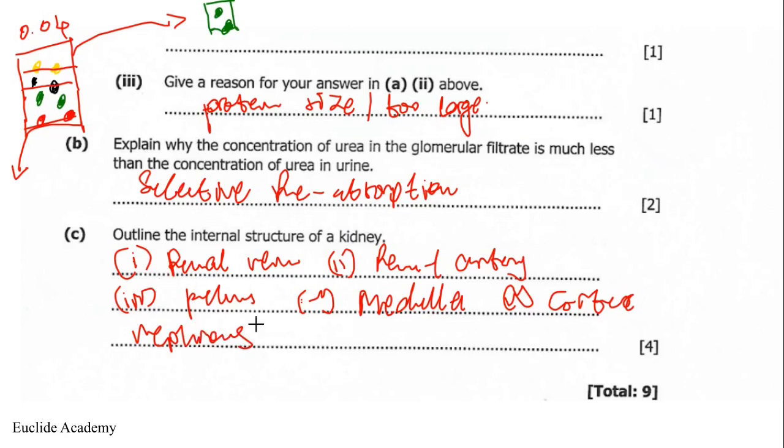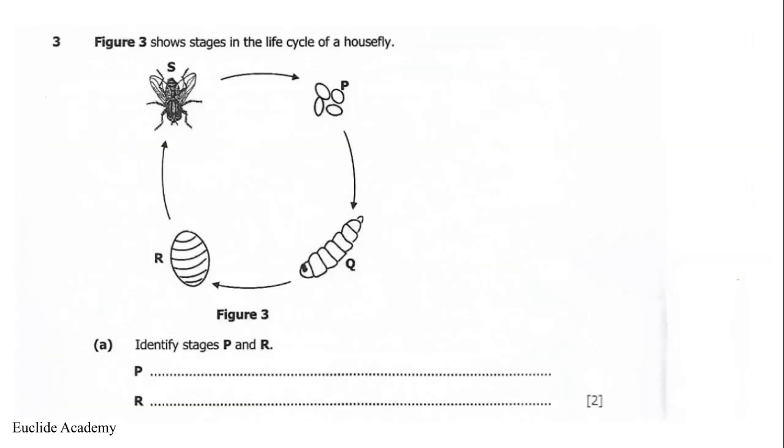So you can mention these. As you can see, there are about 3, 4, 5, 6 parts you can talk about in the kidney, and then you just have 4 marks here. Definitely you should be able to score those 4 marks. So that is for question 2, and we can go ahead and do the next question. Question 3